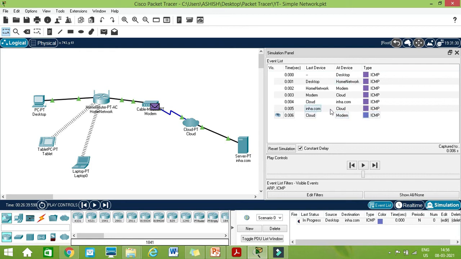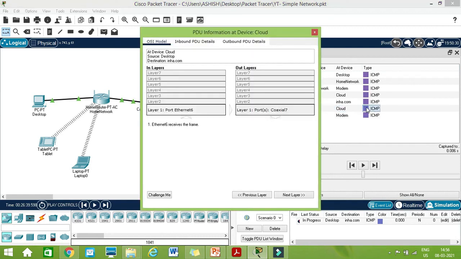Now here we can have a look at the inbound layers and outbound layers. Inbound basically refers to when we are going to see the packet, and outbound is the scenario when the packet has been released from a device. So initially, when the packet is delivered from the source machine, we have to check for the outbound. So for example, if we look here,